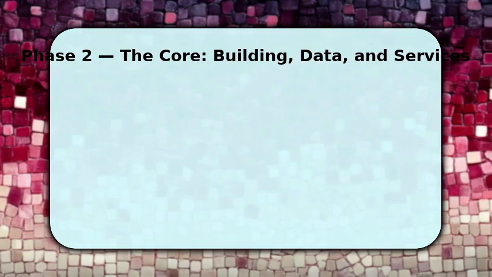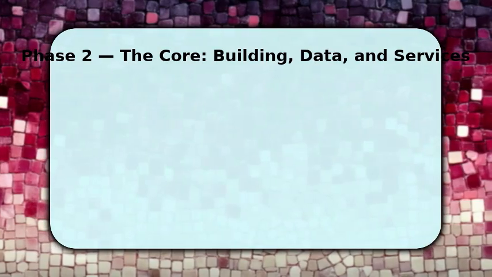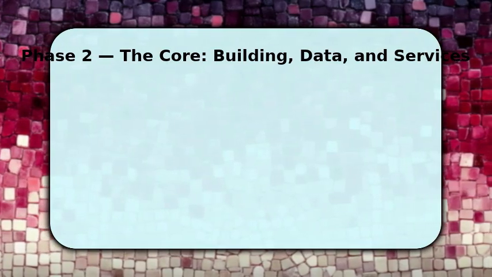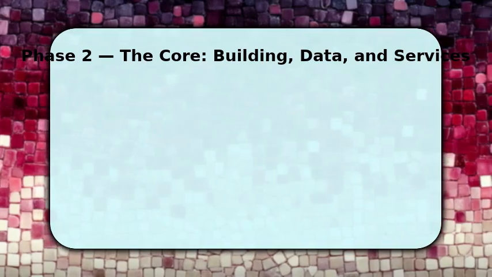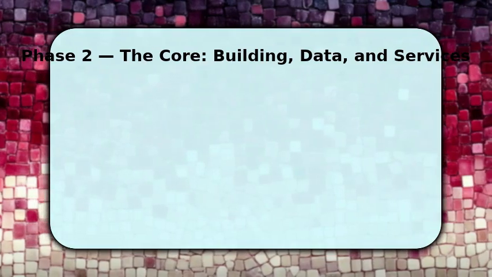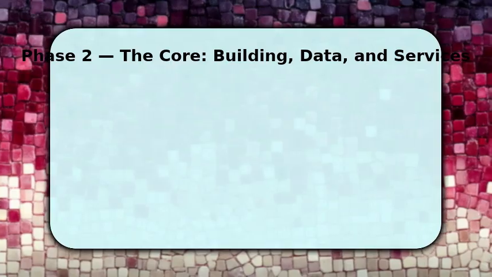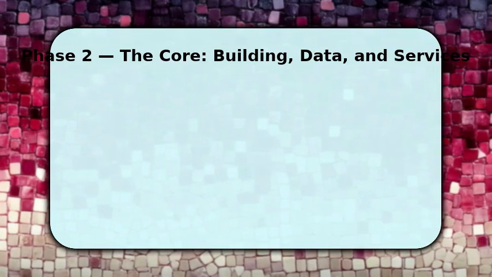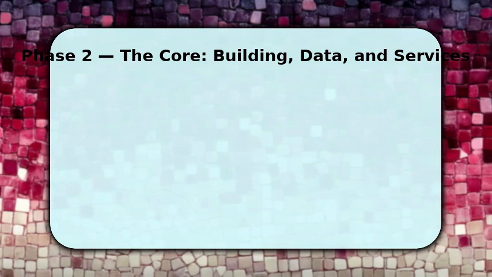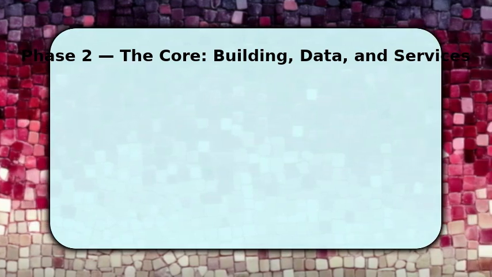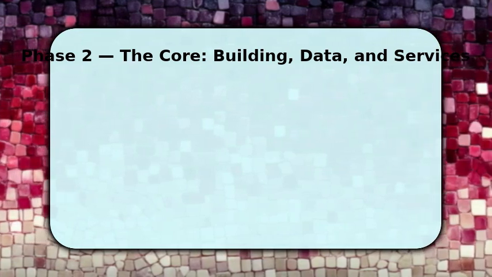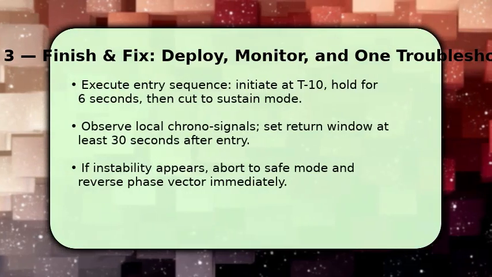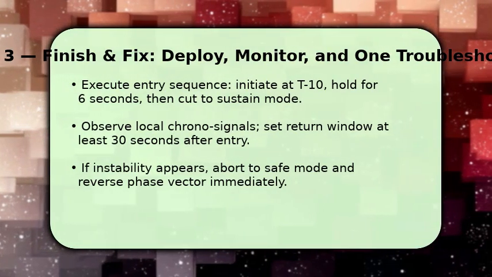You align the phase vector toward the chosen seed date using the 3-axis gyroscope and temporal mapper. Precision here determines accuracy. Once alignment holds, engage the feedback loop and let it autocorrect every 2 seconds to maintain about 0.02% stability. Make sure to log all deviations because small drifts compound over time and will push you off target if ignored. At T-10 seconds, you initiate the entry sequence and hold the field for roughly 6 seconds before